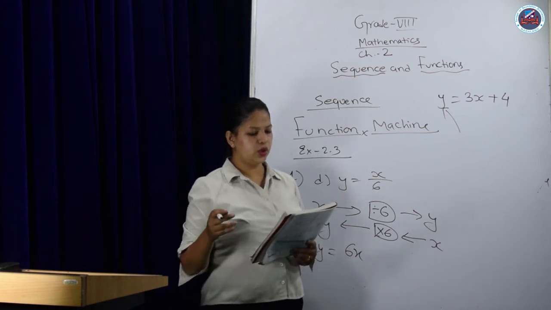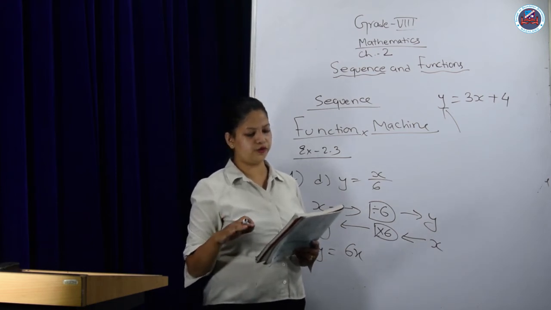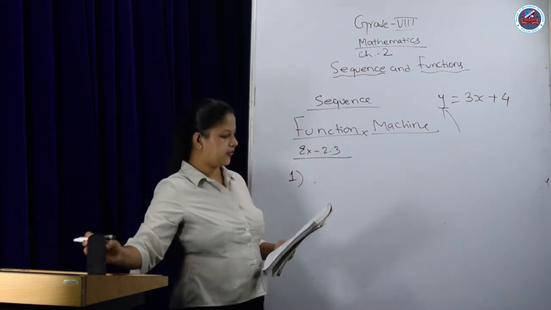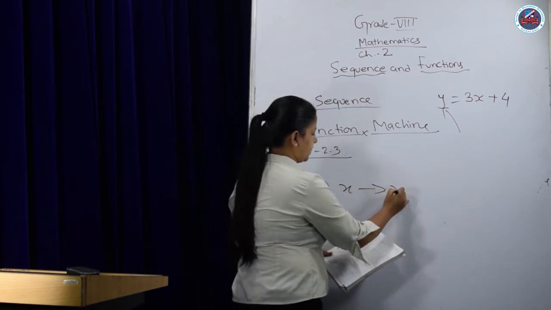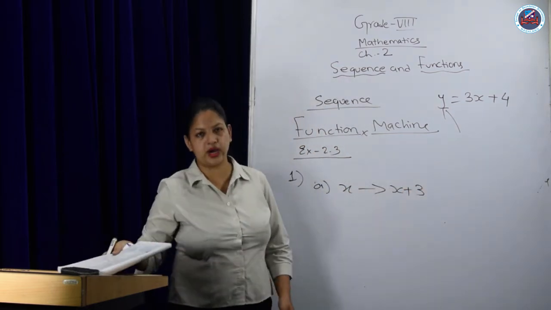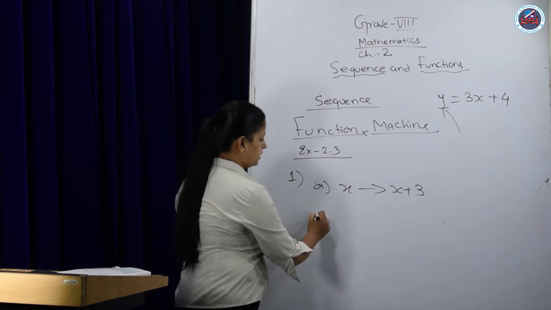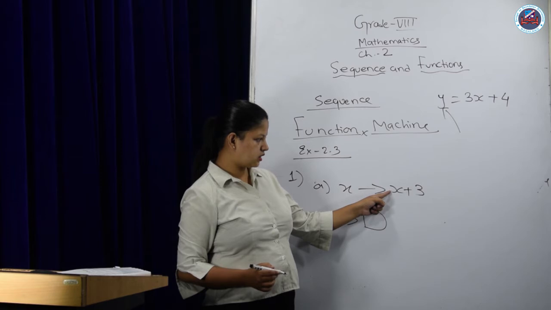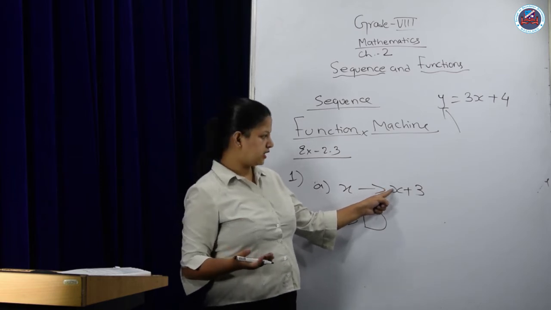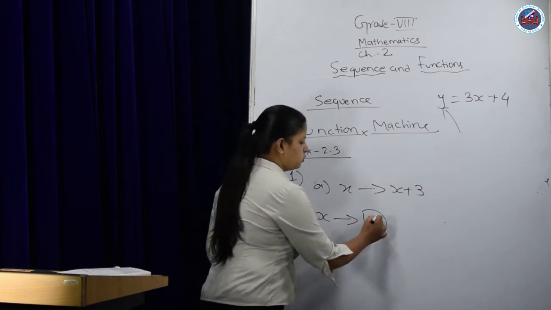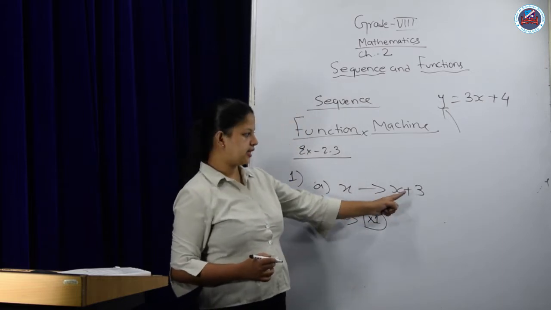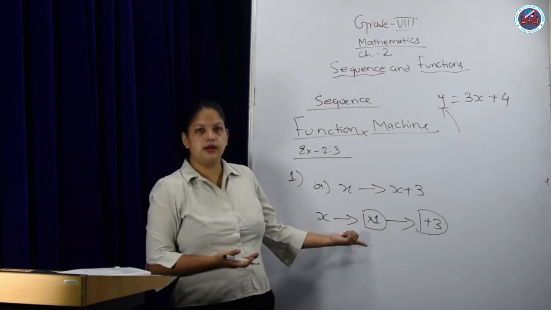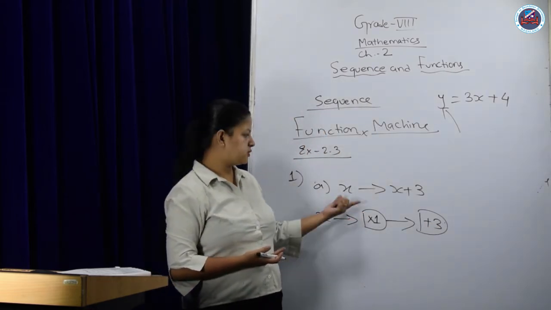Now look at question number 2. Work out the inverse function of each of the following mappings. Same case you can do. I'll just do one question for you. First one, x is being mapped to x plus 3. It's a mapping, so no y in there, but doesn't matter. You follow a normal pattern. X goes to x. X is only x, that means nothing is there. So what has to be there? 1. So 1 times x it has been. So times 1. 1 multiplied by x will give you x and plus 3 has been added. Further input plus 3. This is now your function machine for this particular mapping.